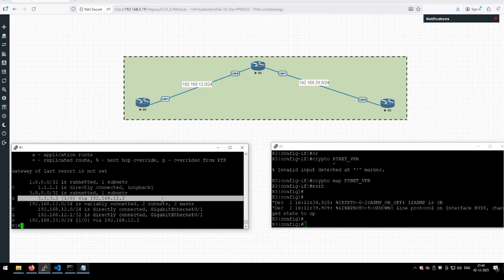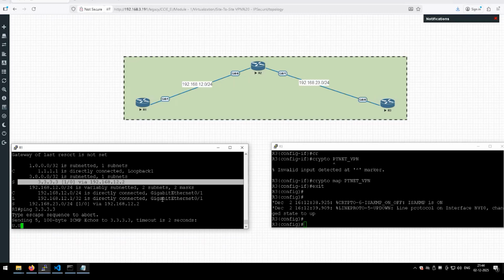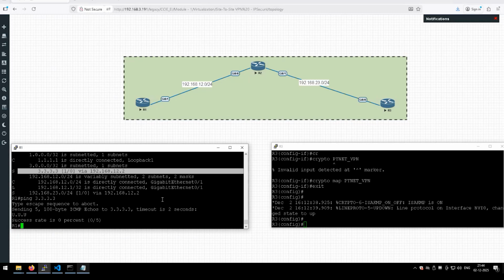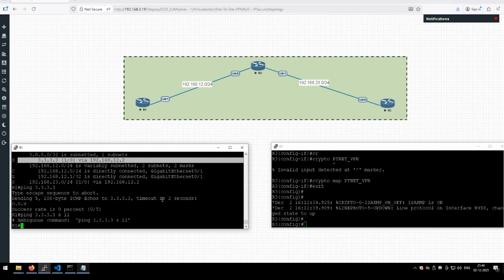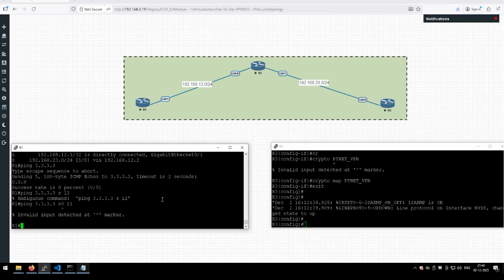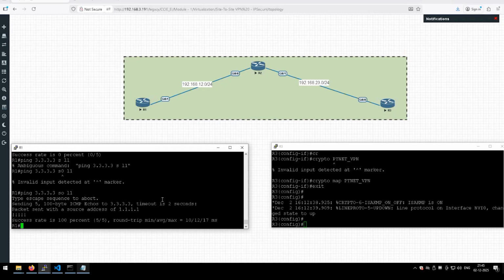If I do not put this static route and I try to ping 3.3.3.3, it will have no information in the routing table and will decide to drop the packet. Right now, when I ping 3.3.3.3, sourcing it from my loopback 1, I do get my replies, right? Why? Because when I ping 3.3.3.3 sourced from loopback 1, it checks the ACL, it matches the ACL,